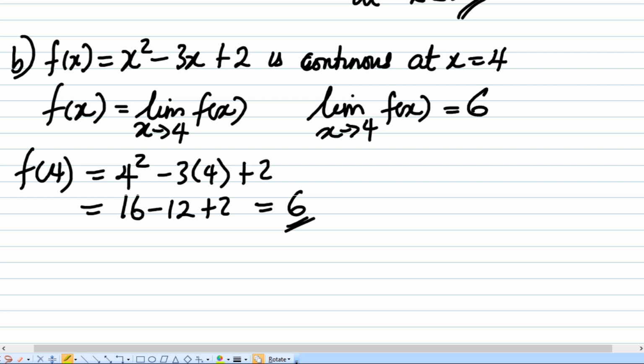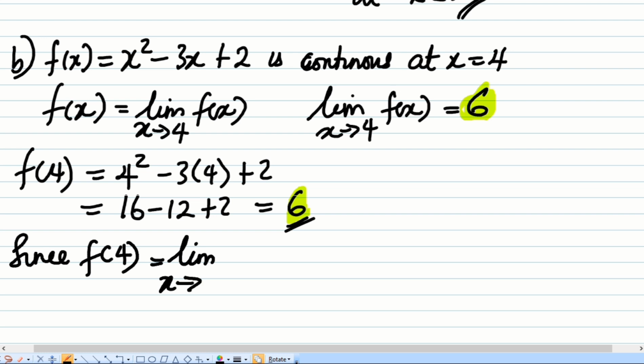So when we do f of 4, we have 6, and if we allow the limit as x tends to 4, we still have 6. So we can just conclude. Right? I like this type of question. Students like it. So we can say since f of 4 is equal to the limit as x tends to 4 of f of x, we can now say